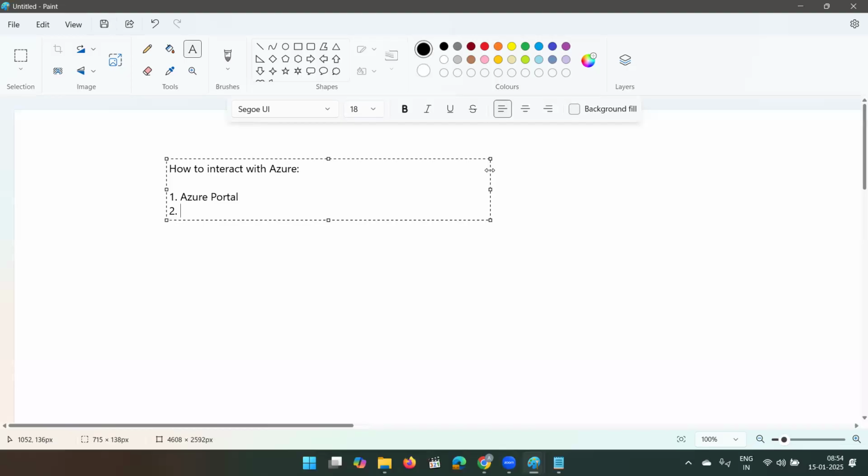Second one was PowerShell. And third one was Azure CLI. So these are the three things using which you can interact with Azure. Apart from that,